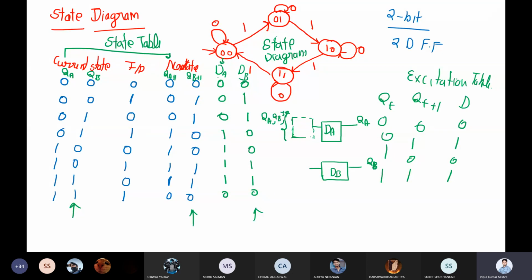Okay, so that's it for today. In the next lecture, we will discuss first how we can make this state diagram. Second, once we have a state diagram, how we can make the state table, which we have already seen but will recap quickly. And once we decide the flip-flop, how we will make the equations so that it will perform the operation represented by the state diagram. These all things we'll see in the next lecture.